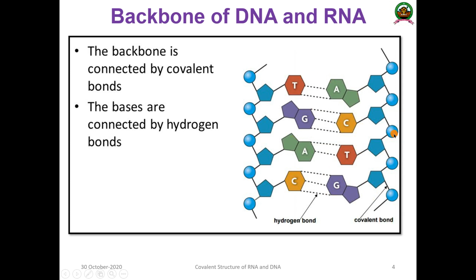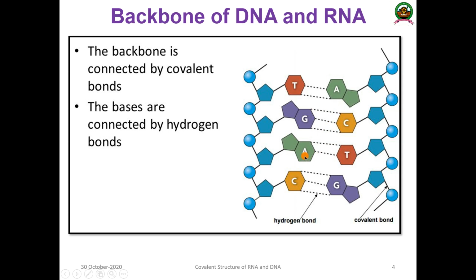Then how are these two strands united together? That is by means of the next interaction called hydrogen bonding. In this particular strand, this is adenine, a purine, and here you can see thymine in the other strand, a pyrimidine. The dotted line indicates the hydrogen bond. Adenine pairs with thymine by 2 hydrogen bonds. Similarly, guanine pairs with cytosine by 3 hydrogen bonds, and you can see the 3 dotted lines.